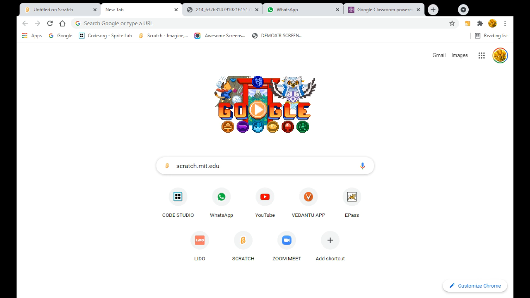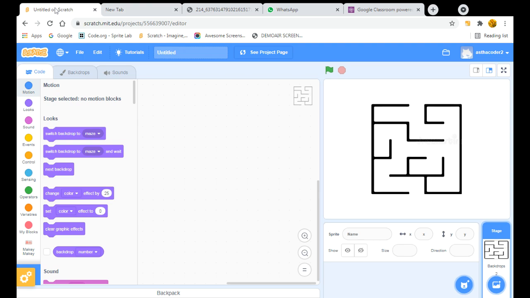So now you can go and open Scratch on this URL, code scratch.med.education. You can search for it here on the top, and then you can bookmark it from here. So it will be saved like this, as I have saved. But I have opened it earlier also. See, here's our Scratch, and I have earlier uploaded this image on my stage.